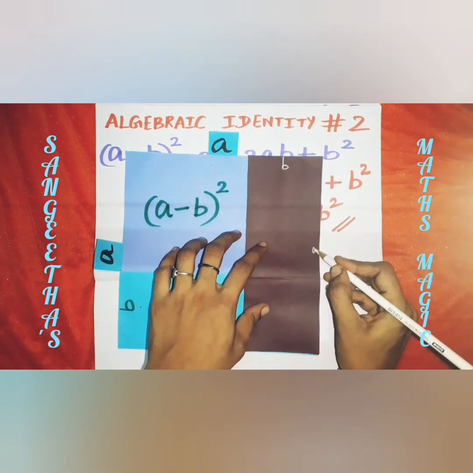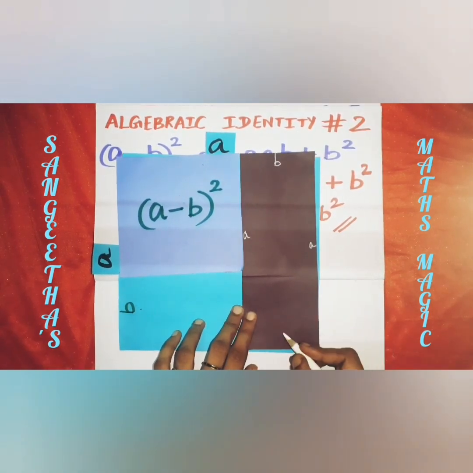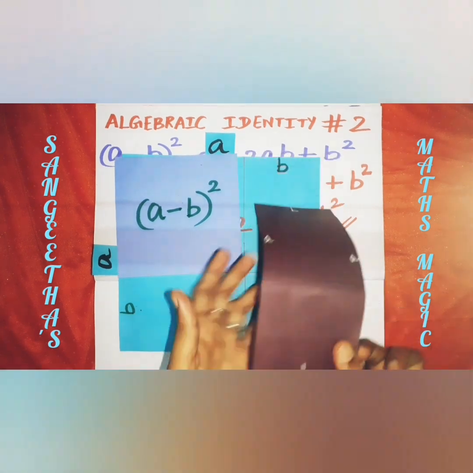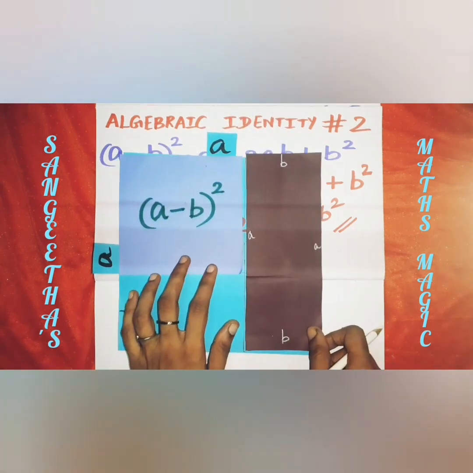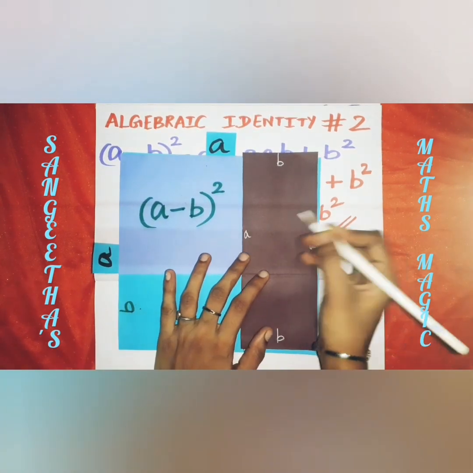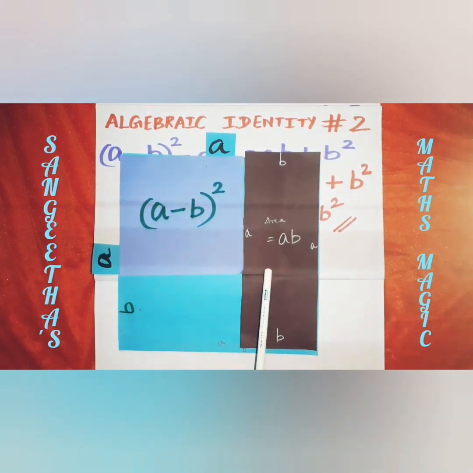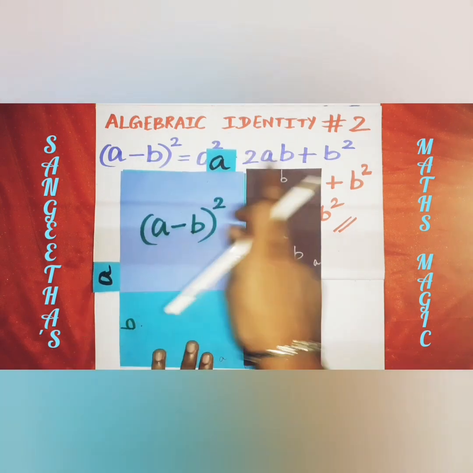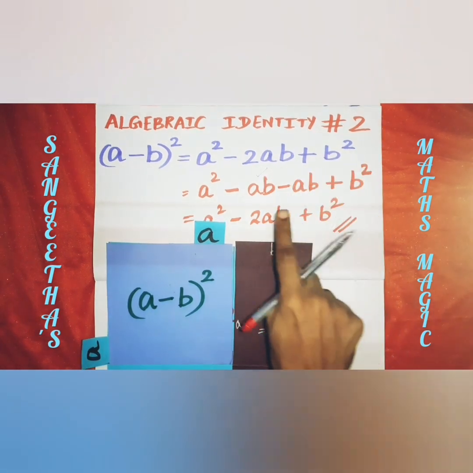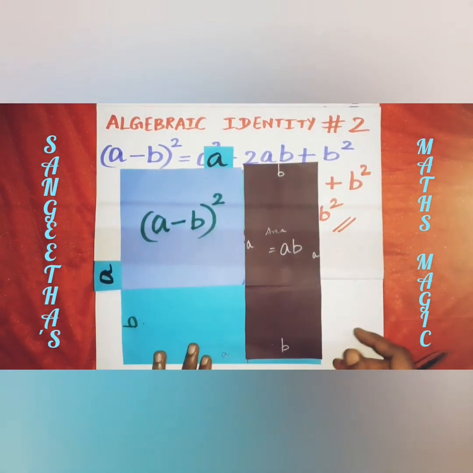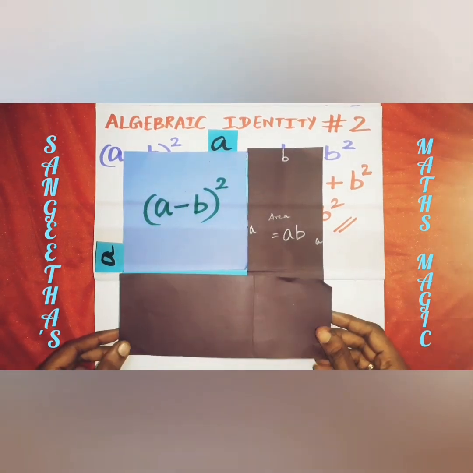The rectangle over there has the side b, and a, since opposite sides are equal, the opposite is b. So it looks like a rectangle, right? What is the area of a rectangle? Area is length into breadth, so it is a into b or b into a. Multiplication is commutative, so you can take it. Since I'm going to take away, it's minus ab from the whole big square. So that's why minus ab.